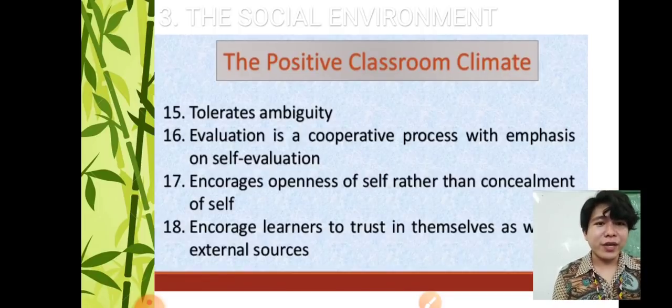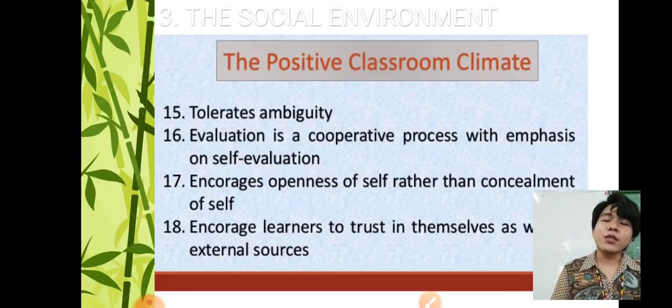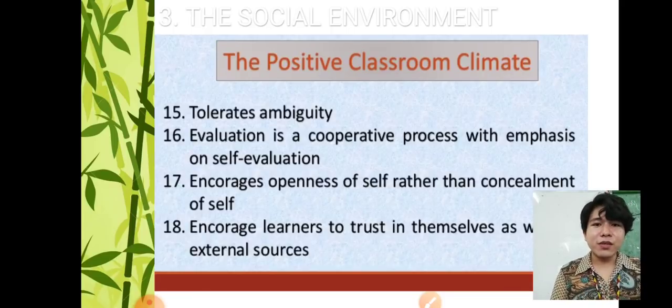More of our activity are more on self-evaluation siya to be able for you to know what are the things that you were not able to know and what are the things that you already know. Encourages openness of self rather than concealment of self. So in a learner-centered classroom, we need to let the students express themselves, express who truly